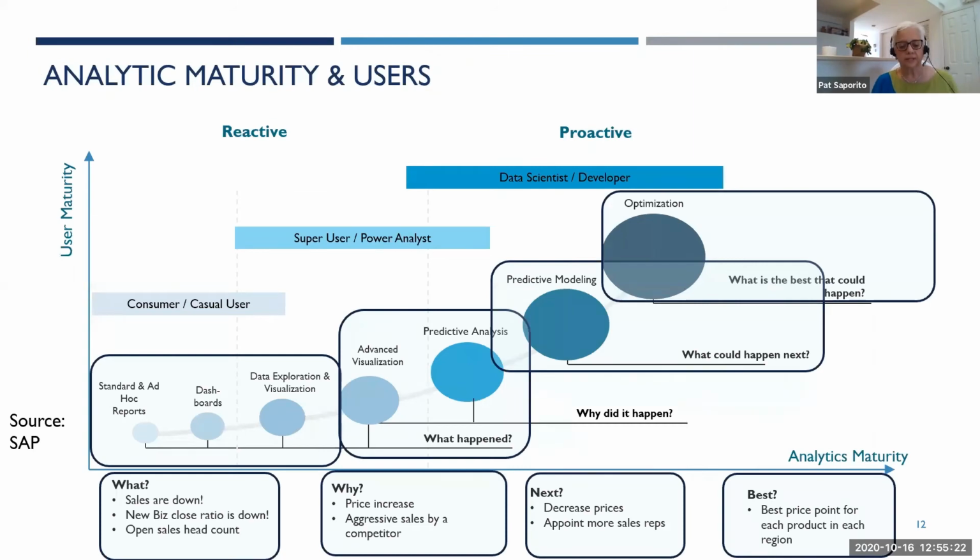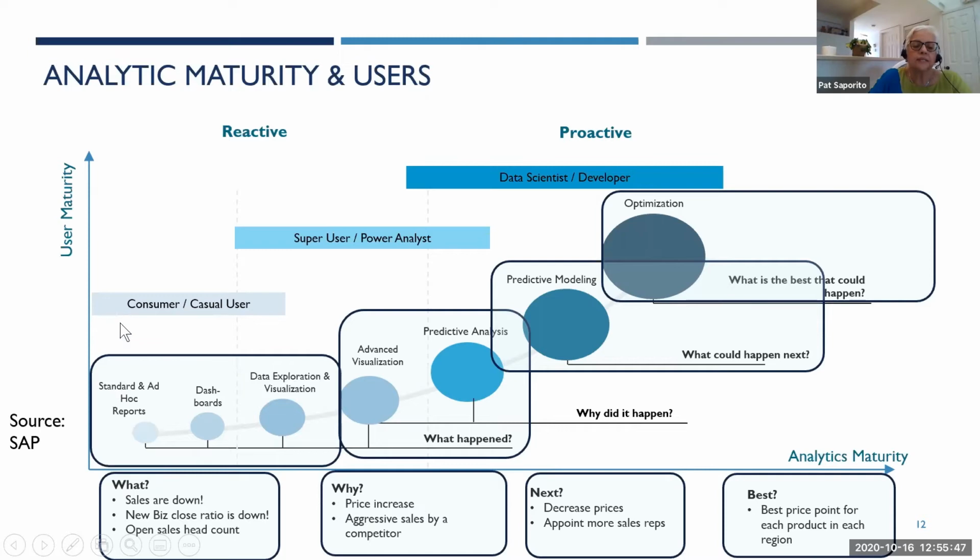So this is a good time to talk about this. The whole point of analytic maturity is that it doesn't happen in one fell swoop. Let's take a look at this as a continuum. So if we look on the left-hand side of the slide, we're looking at, I guess what I would call, pretty much a reactive approach to analytics, or reactive analytics.